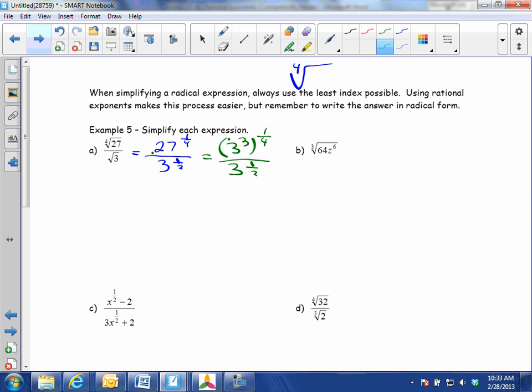What do you do to this 3 and a 4? You multiply, so 3 fourths. So we have 3 to the 3/4 over 3 to the half. Now our bases are the same, they're both 3's. Now we can do what with our exponents? Subtract them. So this is 3 to the 3 over 4 minus half, which would be